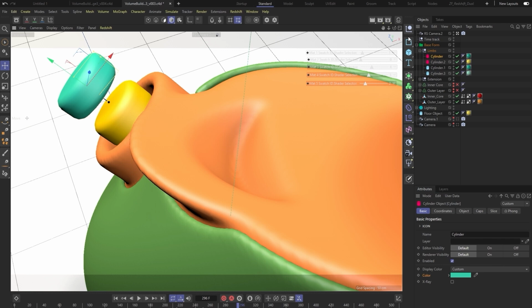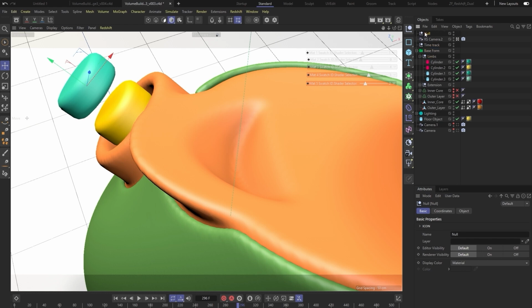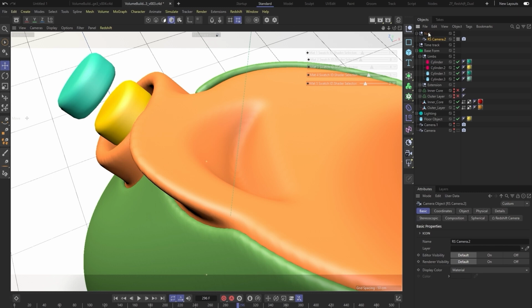So I'm gonna create a null using the same coordinates by holding Control and hitting the null button. It will drop it in here, but now I'm going to take this out, and the null location is exactly where this object was. And now I can use this as a pivot point. I'm going to put my camera inside there.